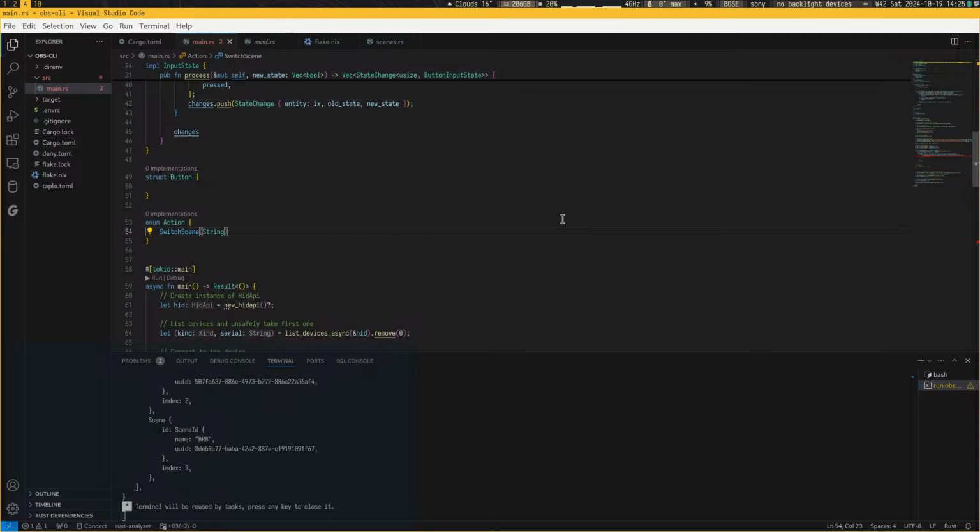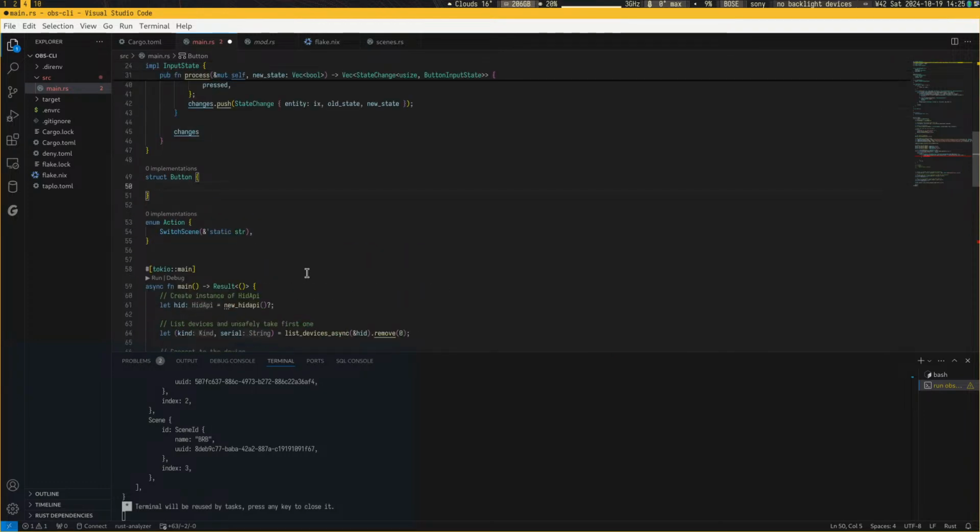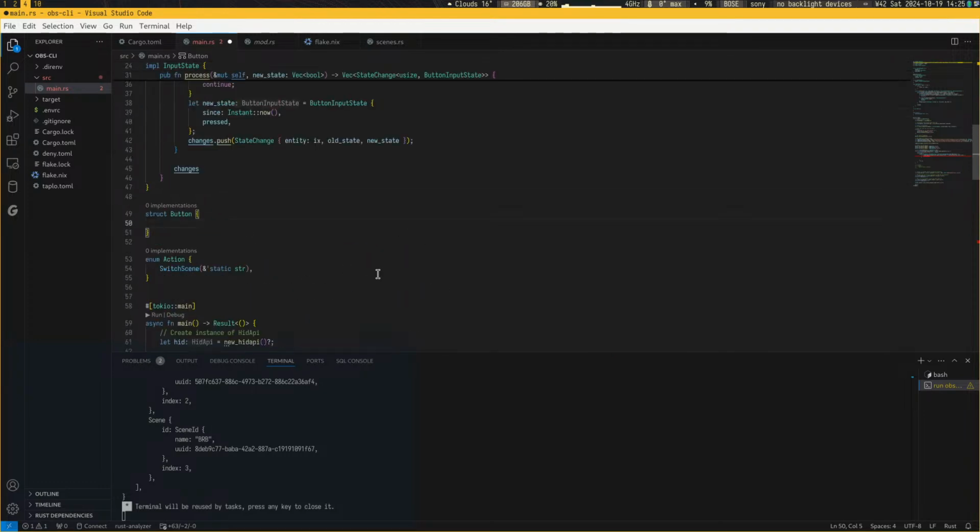Yeah, technically it doesn't have to be a string. It might be a str, but yeah, let's do that. For now, it's going to be a static string. Okay. It's going to take some time until I make this, I think, actually configurable. So the button is just a behavior,